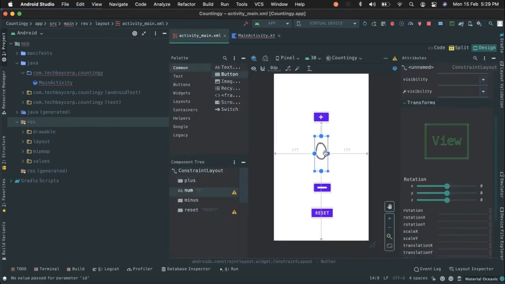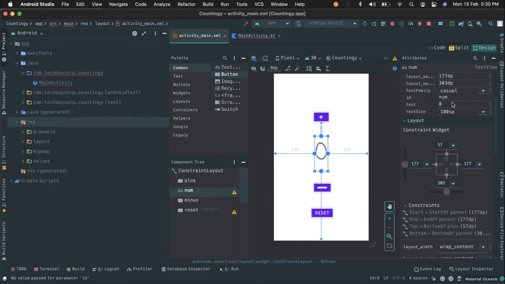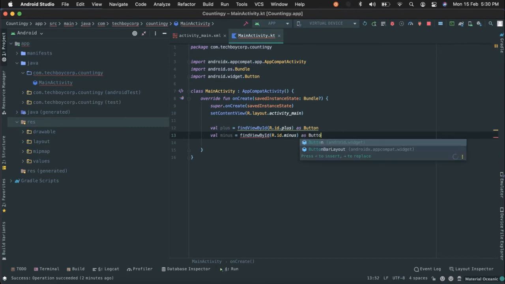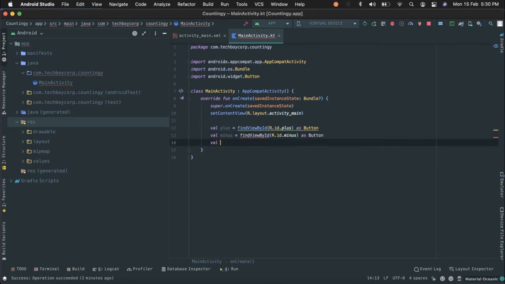We forgot to give the text view ID. Okay, we did. Sorry, I don't remember things. I don't know why. Okay, let's just import the reset one by findViewById. We'll say R.id.reset. Simple as a button.